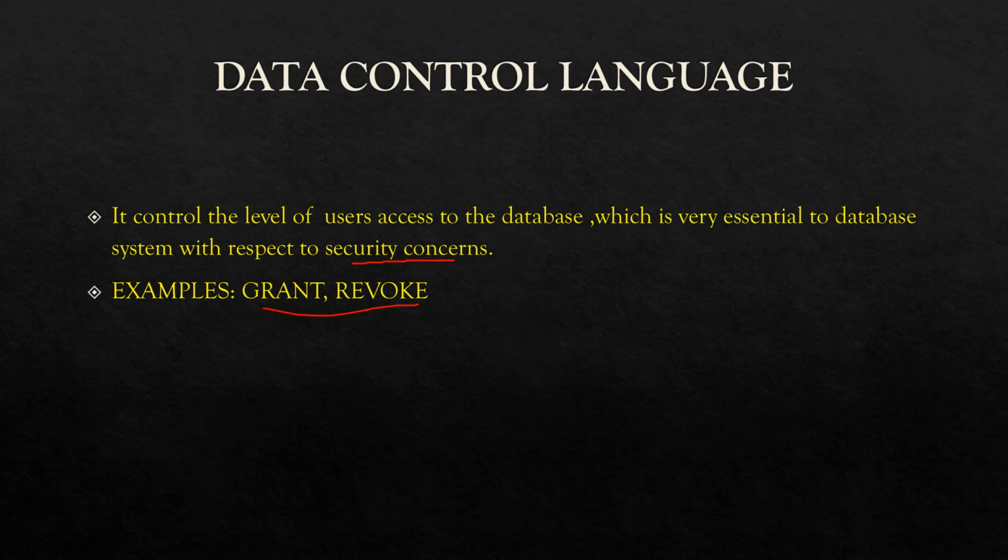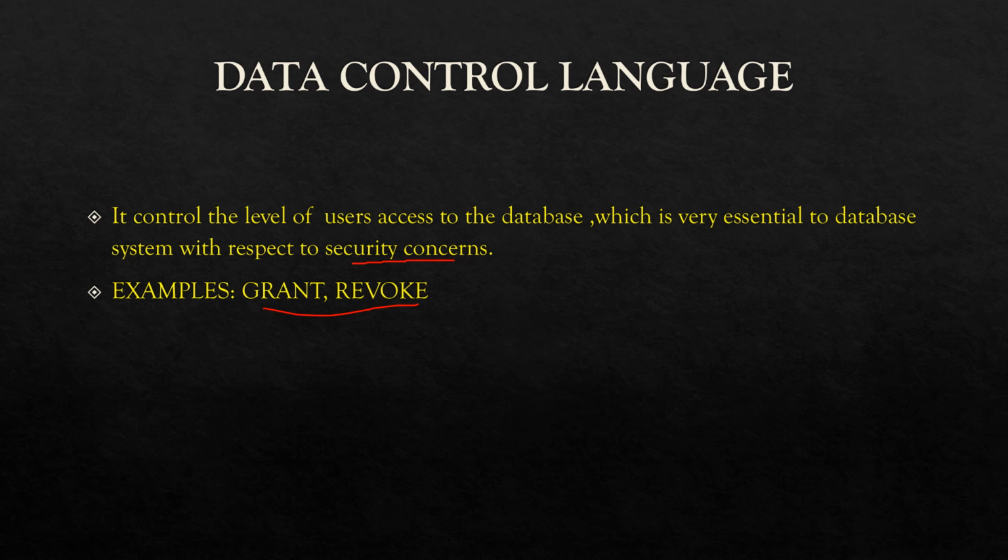That is, first one is DDL, second one is DML, and third one is DCL. DDL deals with the structure or schema of the database. How can we create a table or how to remove a table from the database? These are dealt with by the DDL commands. But in the case of DML or data manipulation language, it is used to modify data in the database. How can we add new data or a new record in the database? How to update the data existing in the database? These are done by the DML commands.